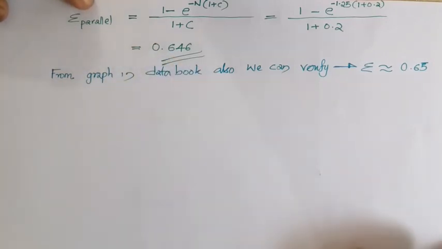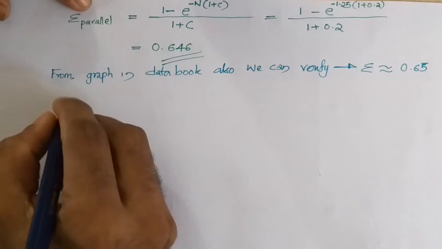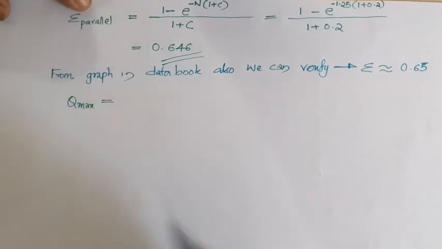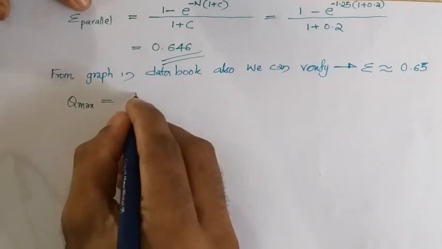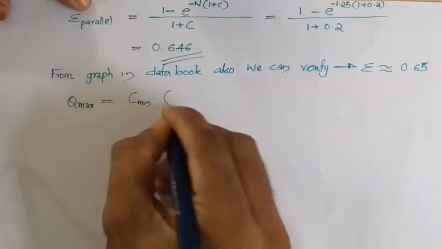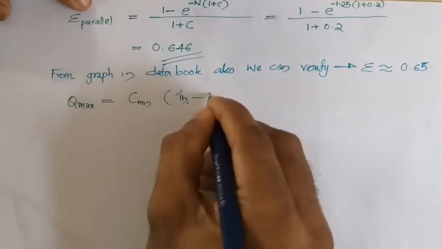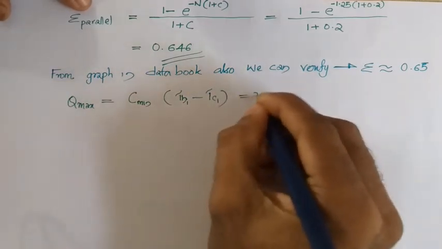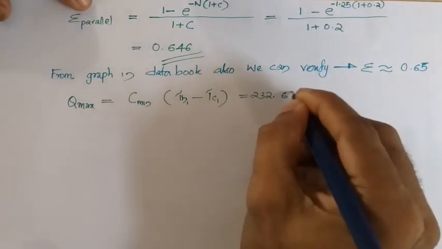Next we have to find the outlet temperatures of both the hot and the cold fluid, for which you will have to obtain the actual heat transfer, for which you will be making use of the maximum heat transfer in the exchanger, which we have already explained will be equal to C min into the maximum temperature difference, that is THI minus TCI. We know that C minimum is around 232.65 watts per